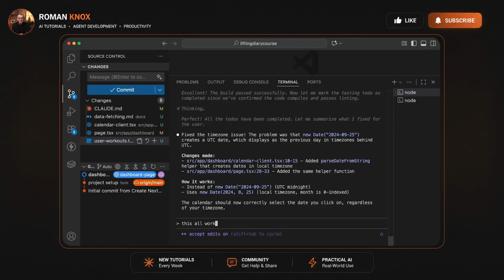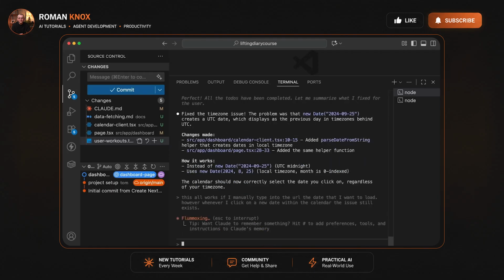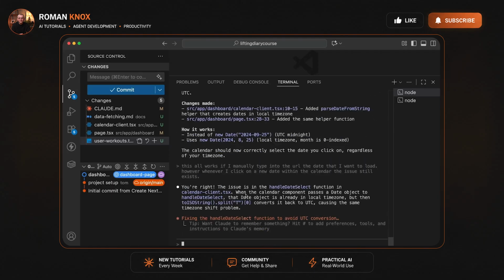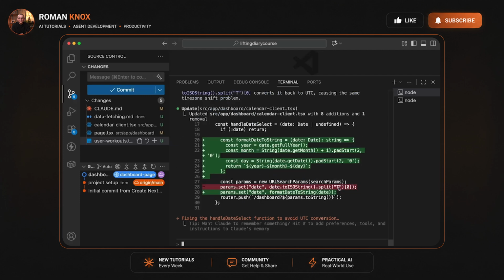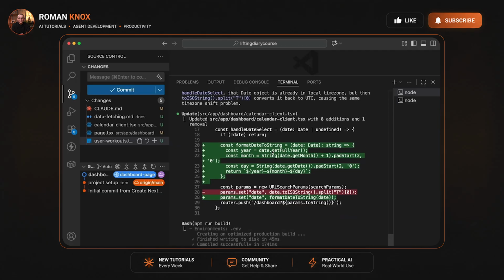So let's say then in the same chat window here, without clearing the context, let's say this all works if I manually type into the URL the date that I want to load. However, whenever I click on a new date within the calendar, the issue still exists. So let's hit enter on this. And apparently the issue is in the handle date select function, and Claude Code has already proposed a solution and